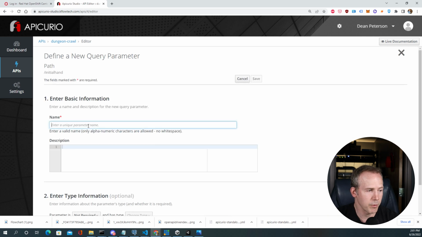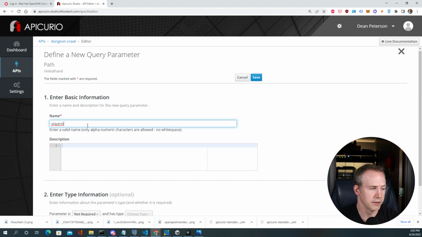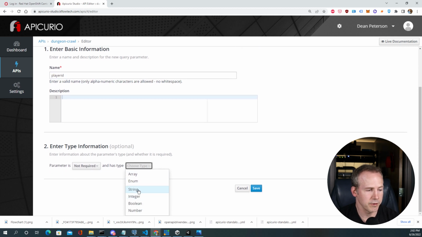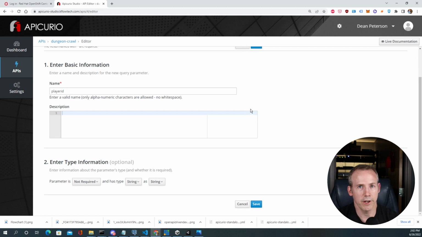So we're going to add a query parameter called player ID. Now this isn't required. If you call initial hand, it will give you maybe a random array of cards, but maybe based on the character state, or the player state, you want to return a specific hand of cards that they've chosen. So we're going to add a query parameter called player ID, and it's going to be not required, and it's going to be a string. We might want to use Red Hat single sign-on subject, and that's a string rather than an integer. So let's save that,